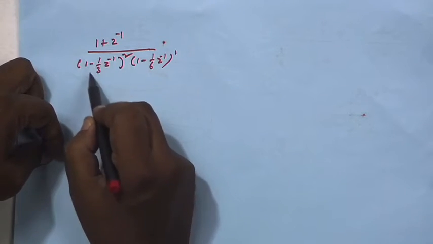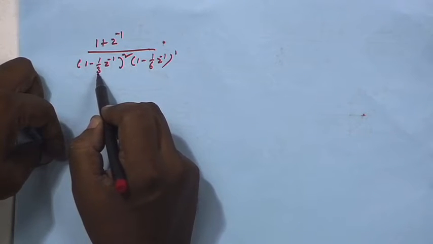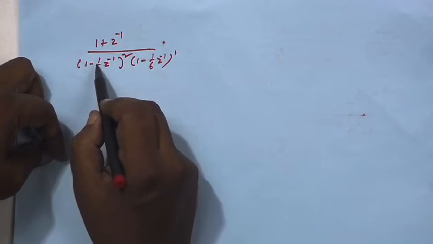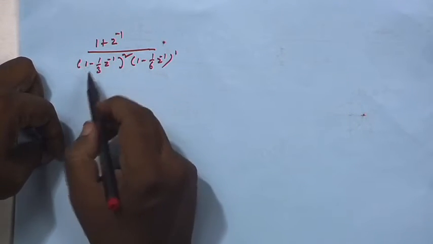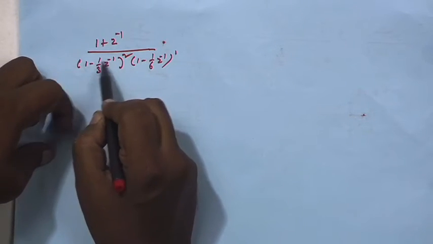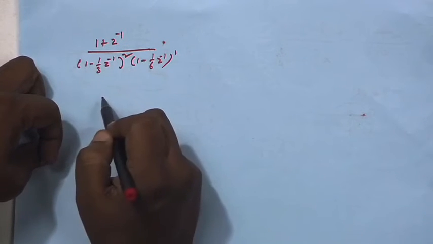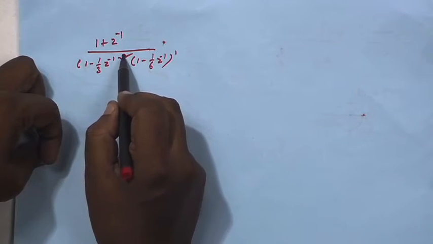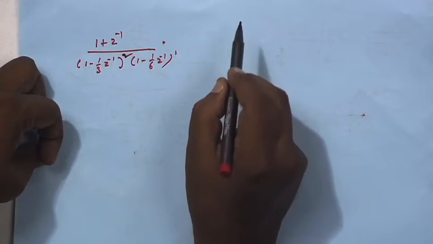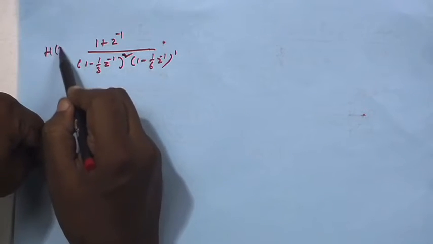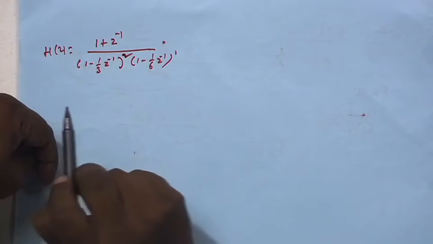So, pole at z equal to 1 by 3, but that has order 2, a second order pole. That means a factor like this, 1 minus 1 by 3 z inverse. The pole is not at z equal to 3, it is at z equal to 1 by 3. Because if you put z equal to 1 by 3, the inverse of that cancels with 1 by 3, you get 1 minus 1, 0, division by 0, which means the pole. It is a second order pole, because the factor is getting repeated. So, there is a power of 2. We say H(z) has a pole at z equal to 1 by 3 of order 2, second order pole, and it has a first order pole at z equal to 1 by 6.